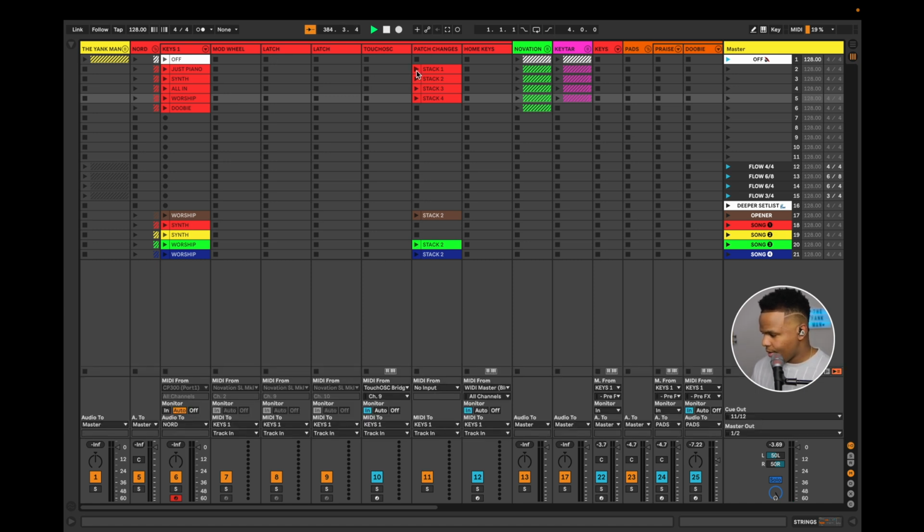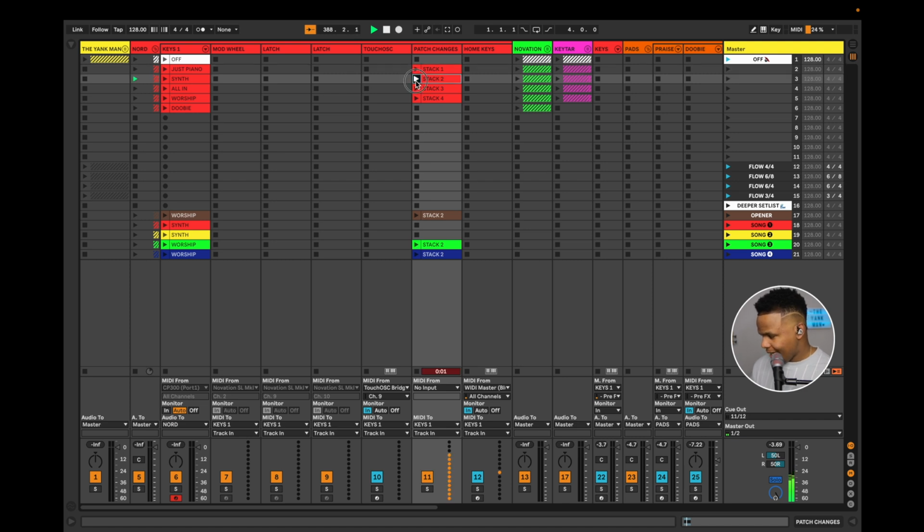So when I do stack 1, watch the sound change. As you can hear, the sound kind of changed. My stack 2 adding more sounds. Now you're starting to hear it open up. Stack 3,